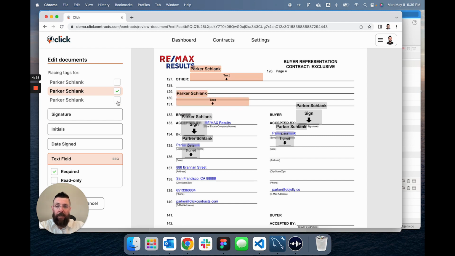And so you can designate the signer and the text fields. You can make those text fields required or not required for those signers. And the other thing you can do is if you just need to add something quick to the document yourself, so maybe I just need to add some text here, I can also add read-only text. So I'll go ahead on the second line here and add read-only text just so you can see what that